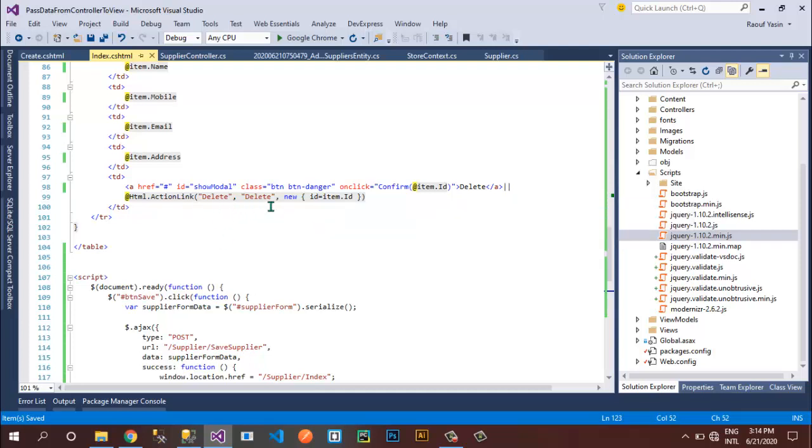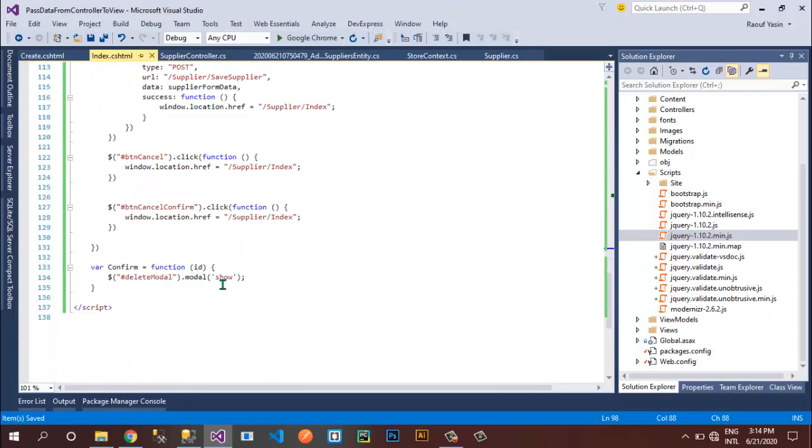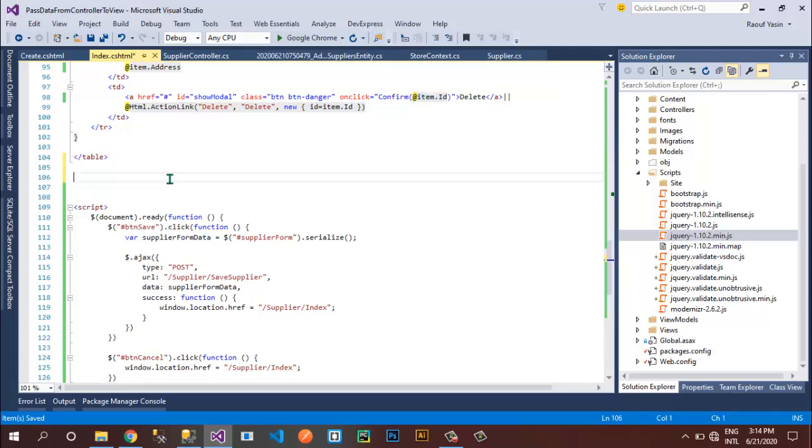So we have this on click function, and on click we are displaying our modal and we are passing this ID, but we don't use this ID in our confirm function. So first of all I want to preserve the value of this ID, so I will create input type equals to hidden to store this ID temporarily, and I will set it as supplier ID.